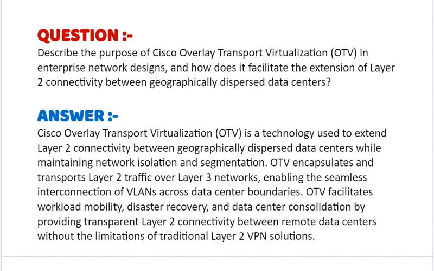Your answer should be: Cisco Overlay Transport Virtualization (OTV) is a technology used to extend Layer 2 connectivity between geographically dispersed data centers while maintaining network isolation and segmentation. OTV encapsulates and transports Layer 2 traffic over Layer 3 networks, enabling the seamless interconnection of VLANs across data center